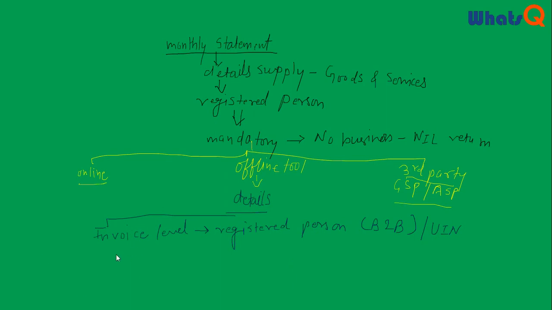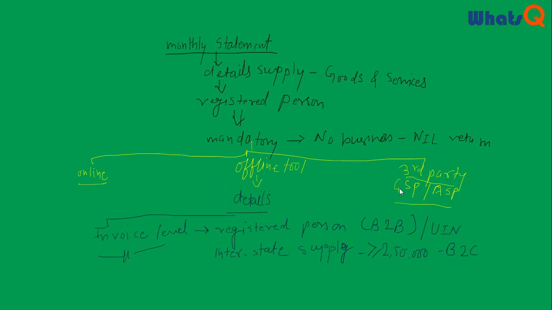Then there are all interstate invoice level details, again invoice level details for interstate supply. Interstate supply also needs to be reported separately, especially if you have made a supply to any person whose value is greater than or equal to 2,50,000 for B2C, meaning business to customer. If you have sold any goods to any customer who is unregistered,